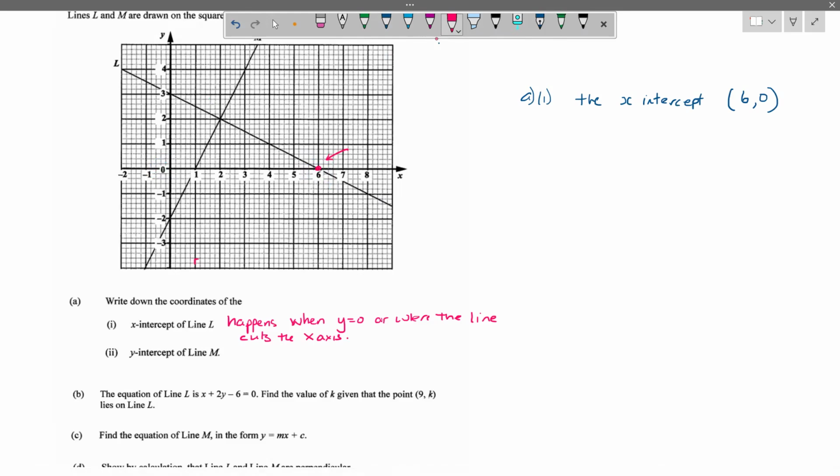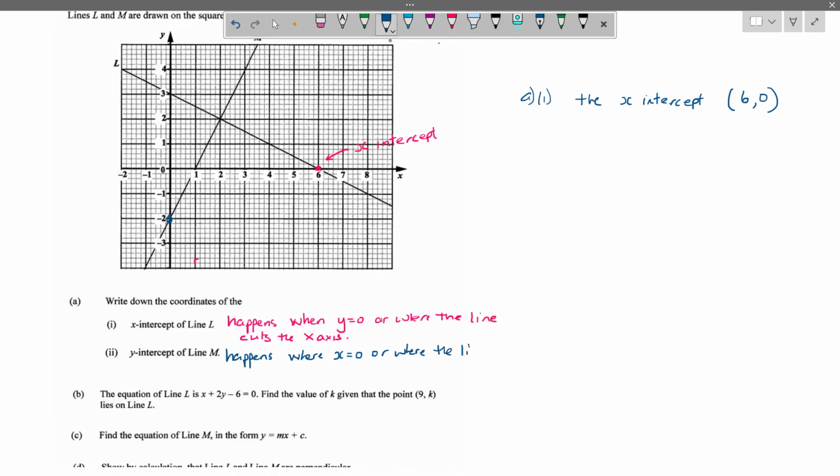This is my x-intercept. This is where the line is cutting the x-axis. And the same thing happens to the y-intercept of M. The y-intercept of M is the point at which it is cutting the y-axis. So it happens where x is equal to 0, or where